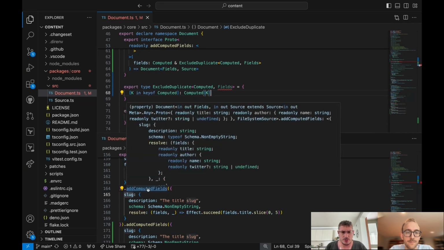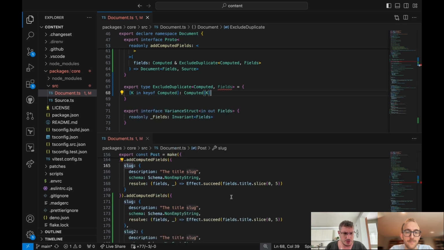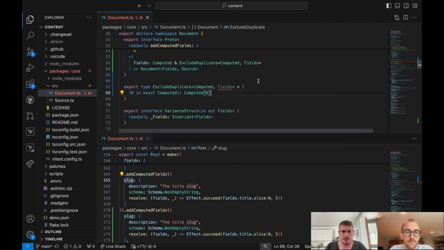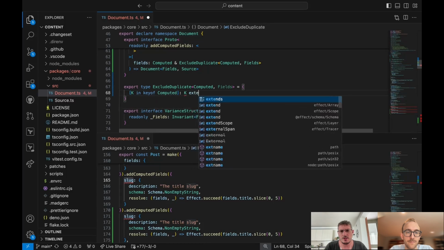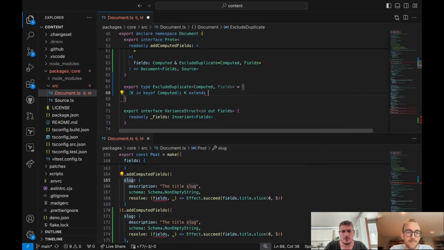In this case, I'm still getting everything, and it's fine. Now here I can say, does k extend key of fields? If so, I have